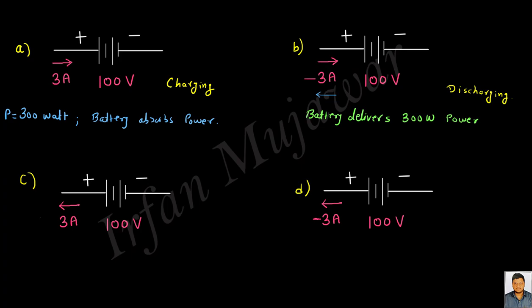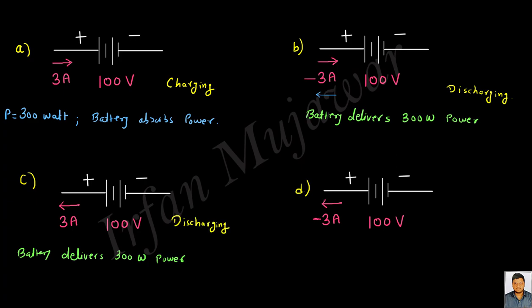Now coming to the third case, here we are assuming that current is flowing away from the positive terminal, that is, we are assuming that the battery is being discharged. Now see the signs of voltage and current. Voltage is positive 100 volt, current is also positive 3 ampere. So 100 into 3 will be 300 watt, and current is flowing away, that is, it is supplying the power. And how much power will it deliver? The battery will deliver 300 watt power. And if the battery delivers the power, what will be the behavior of this particular battery? It will be a discharging battery.